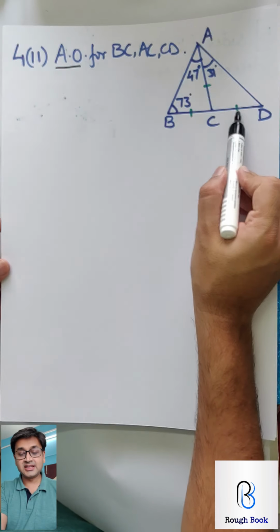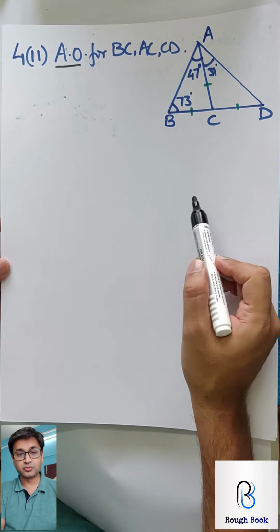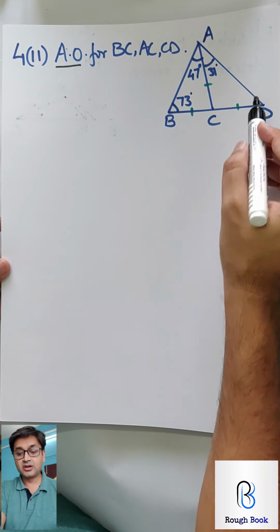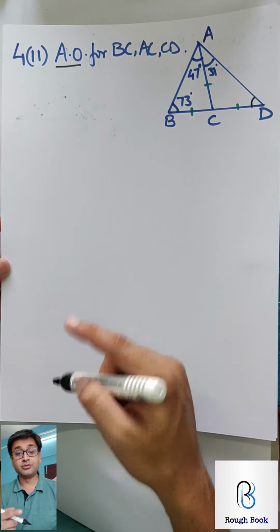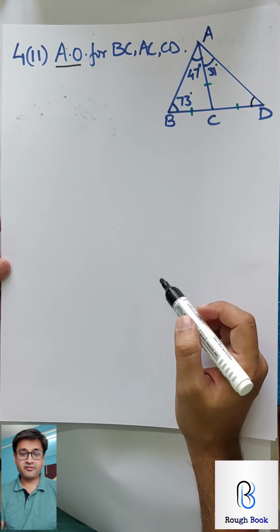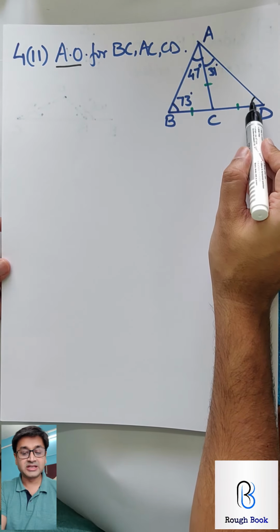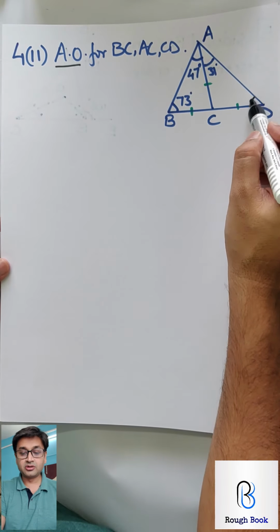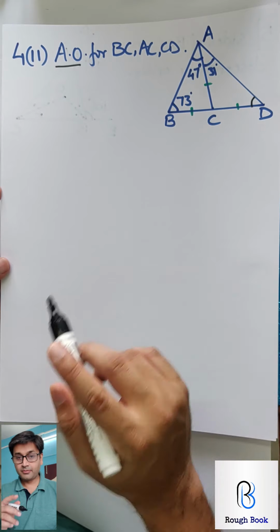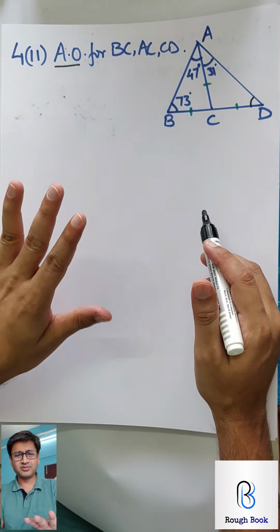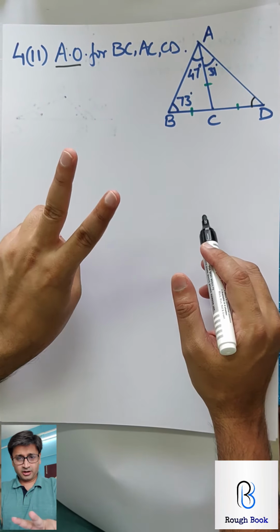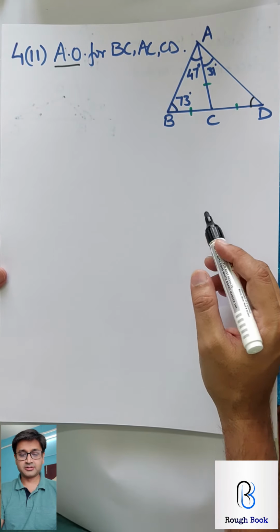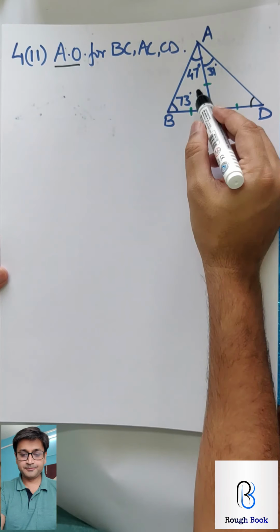Now to manage AC and CD, the opposite angles is what we need. So opposite to CD is 31, already known. Opposite to AC is this angle, which you need to find. So the entire focus is going to be finding the value of this angle. Once you get this angle, then we can connect everything here. So can you think how you are going to get this angle? Pause. Think. You're going to use the same things: isosceles, remote interior angle, the same basic things, angle sum property. Try it.